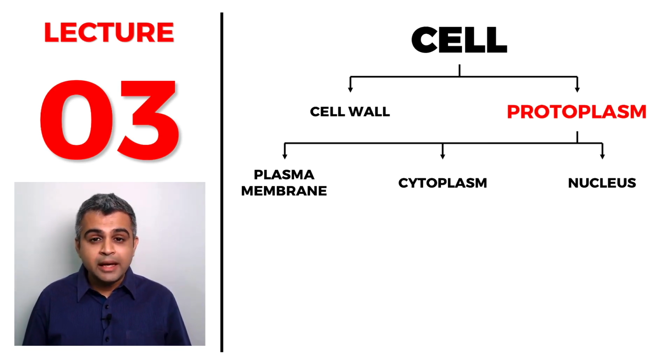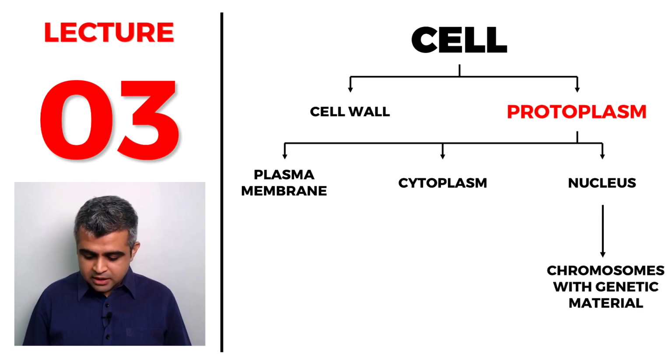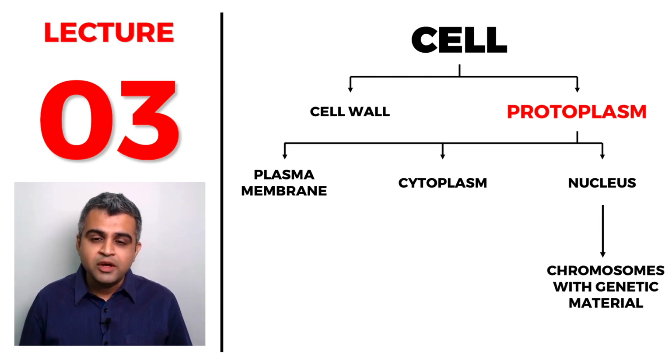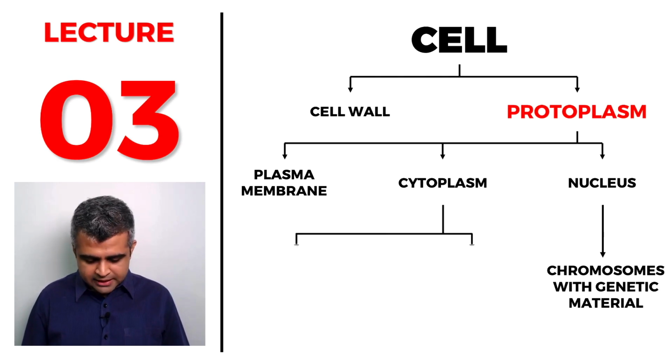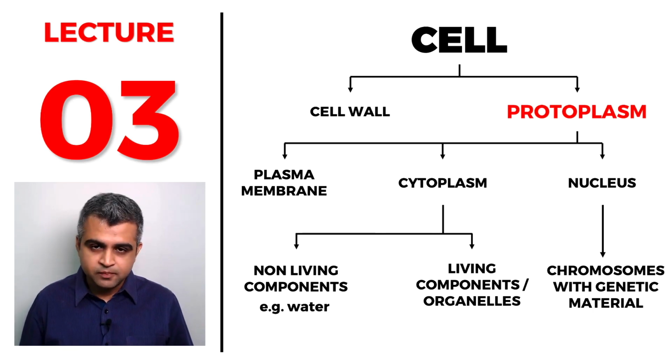Here I would like to again remind you that cell membrane is plasma membrane and cell wall is outside the cell membrane, outside the entire living thing. Cell wall is dead, cell membrane is living. So these are the 3 components of the cell. Now, nucleus contains the genetic material in the form of DNA and RNA that is responsible for the transmission of hereditary characters. The cytoplasm contains non-living things like water and living components like the cell organelles.